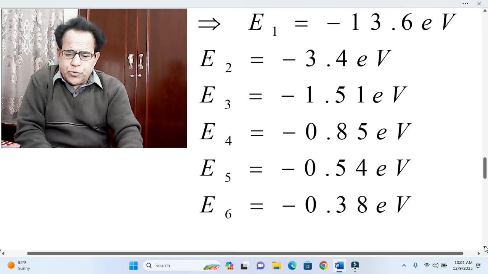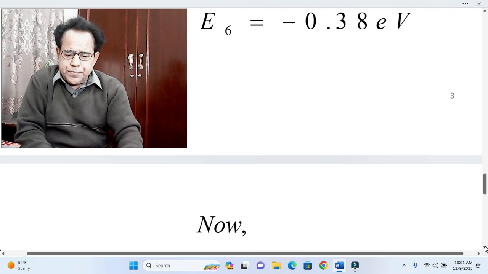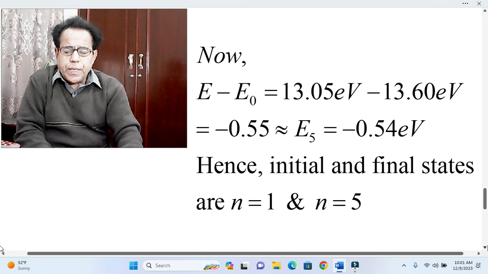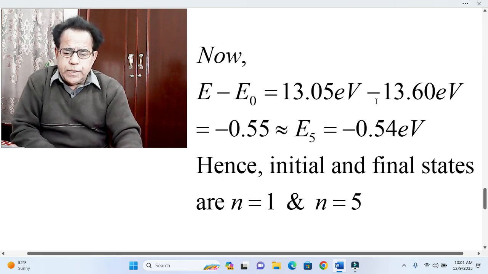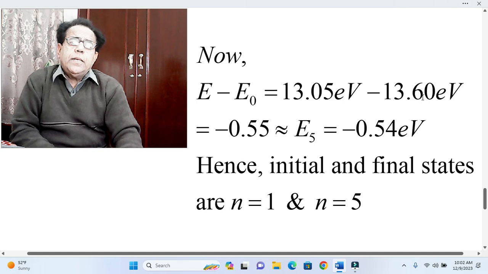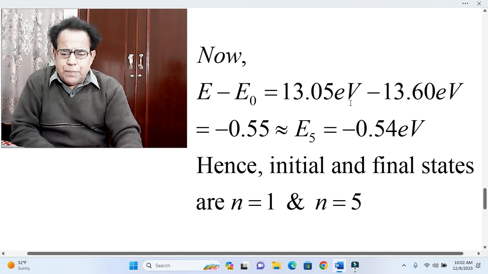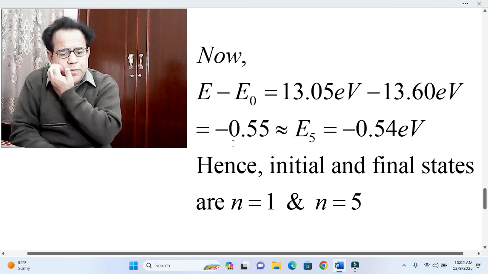So dear students, we say that now E minus E naught is equal to this, which we have calculated first of all. Okay, E minus E naught, this is the value of E naught which has been shown in snapshots. So E minus E naught becomes equal to this minus this, equal to this minus 0.55